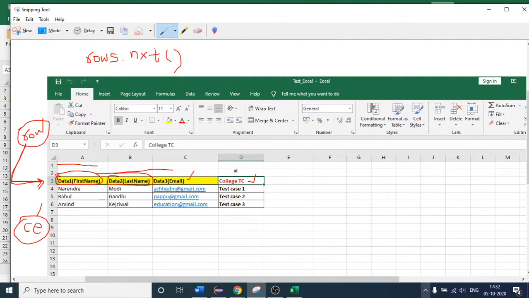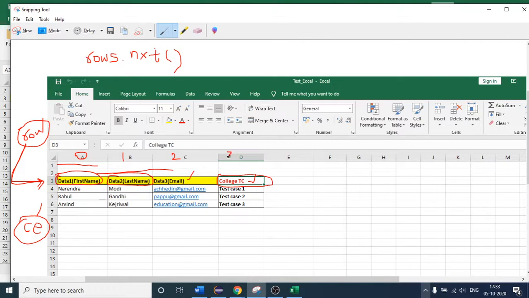Yes. Okay. So you might be wondering why we are just fetching the cell. Actually, what I will do first is determine which column this college test case is in. You can say this is the first, zero column. As of now, suppose zero. Then this is my first column, then this is my second, you can say third, and this is my fourth. So I'm writing it as 3.